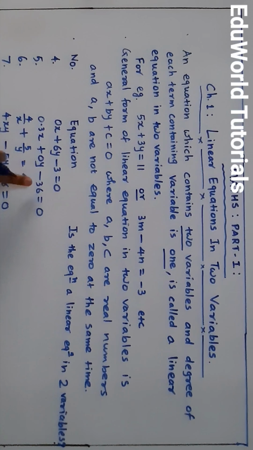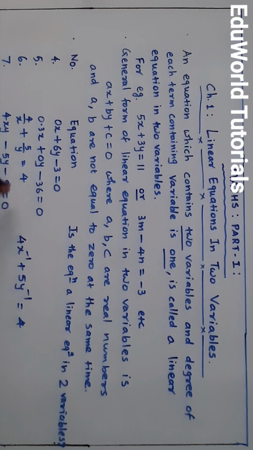In the fifth one, same case, I will not discuss much, you will write by yourself. In the sixth one, you are seeing the equation 4 upon x plus 5 upon y is equal to 4. Is this a linear equation in two variables? Your answer would be no. Why? Because 4 upon x is written as 4x to the power minus 1, because when the x is in the denominator, it has power 1, but if it is brought up in multiplication with 4, its power 1 will become -1. So actually this equation entirely will become 4x raised to -1 plus 5y raised to -1 is equal to 4.